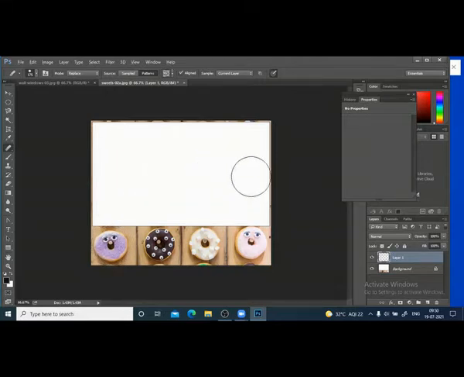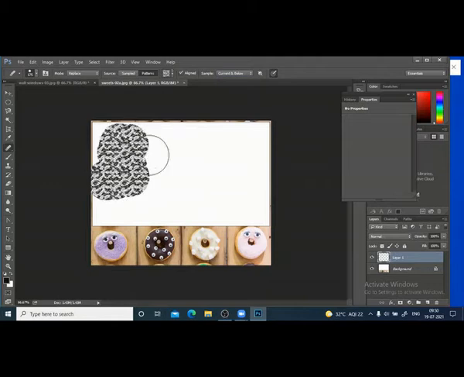See, nothing is coming. Even though I want to copy everything in the layer, nothing is coming here. So here in the sample, you have to use current and below, because the original layer is below only. Now you use it. So everything is copied in this layer now.